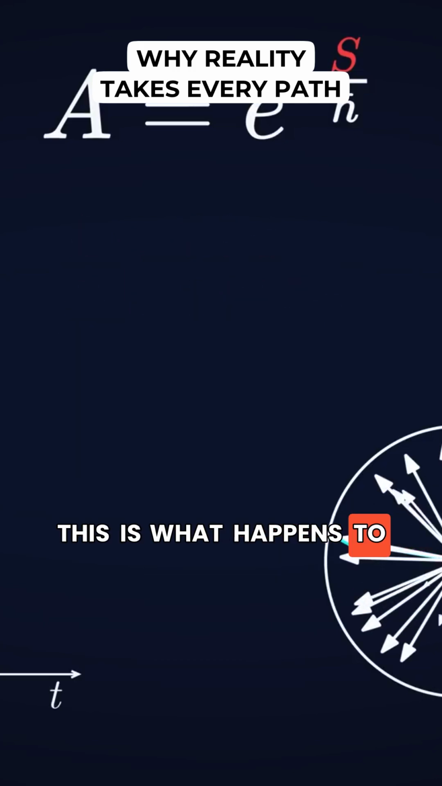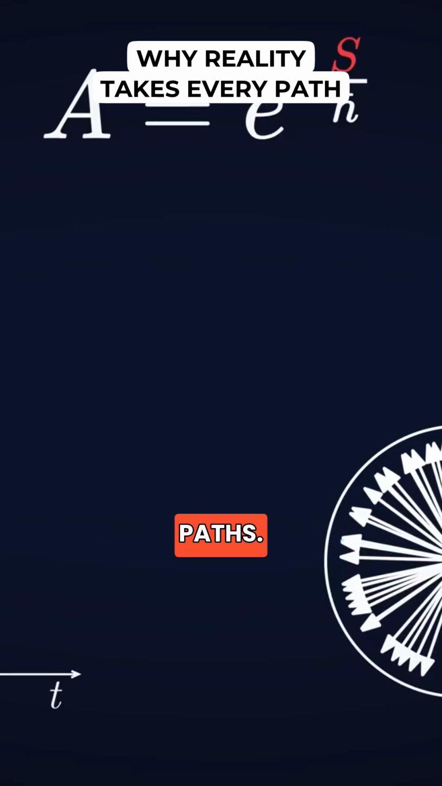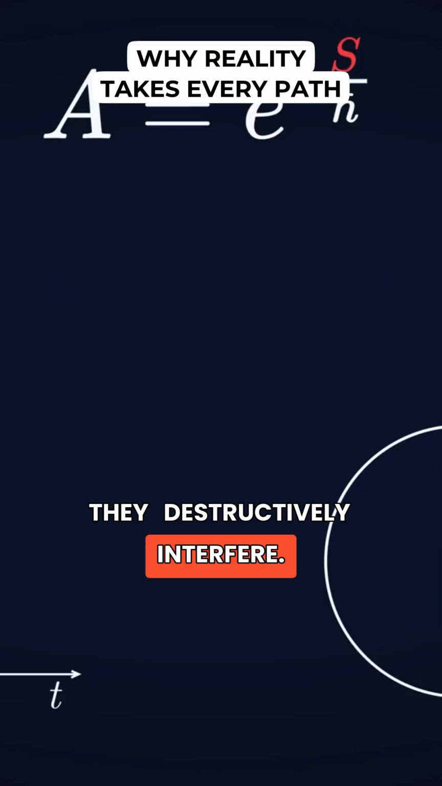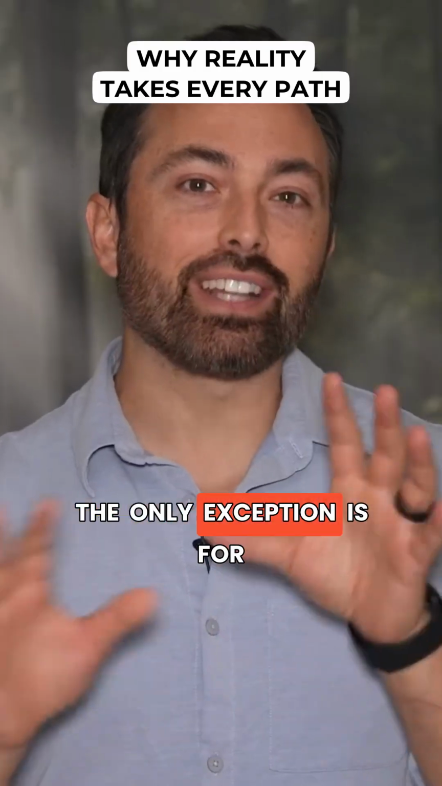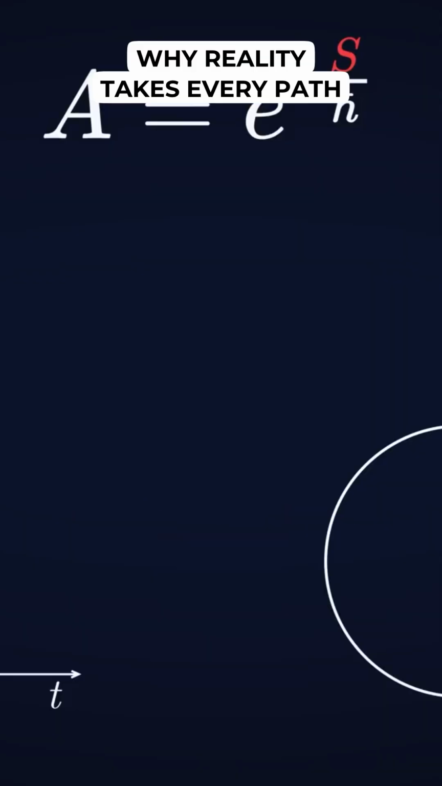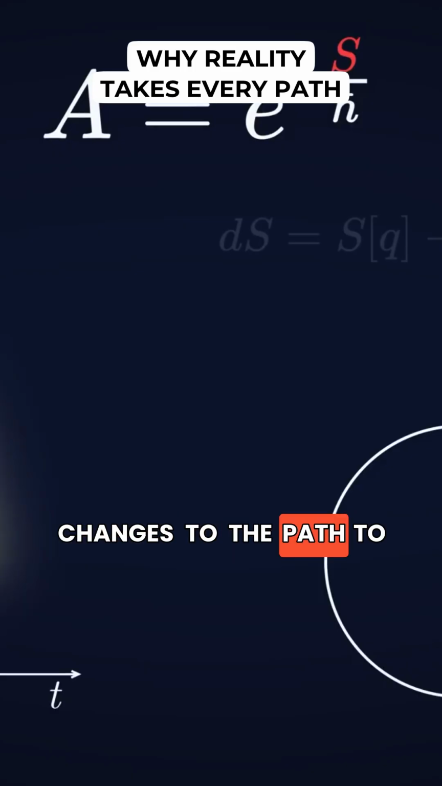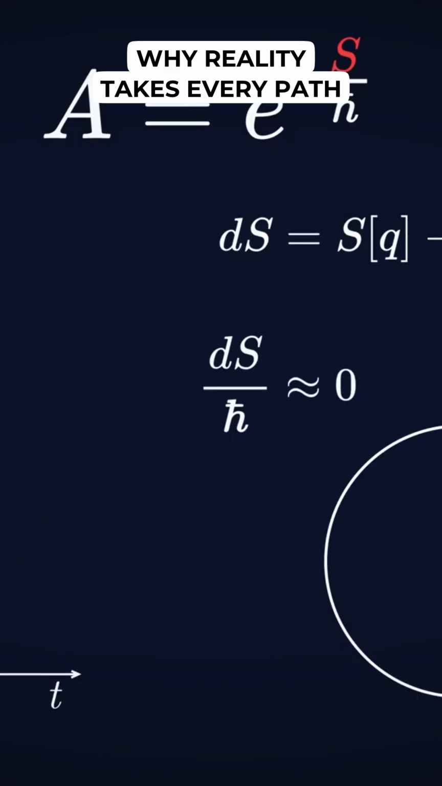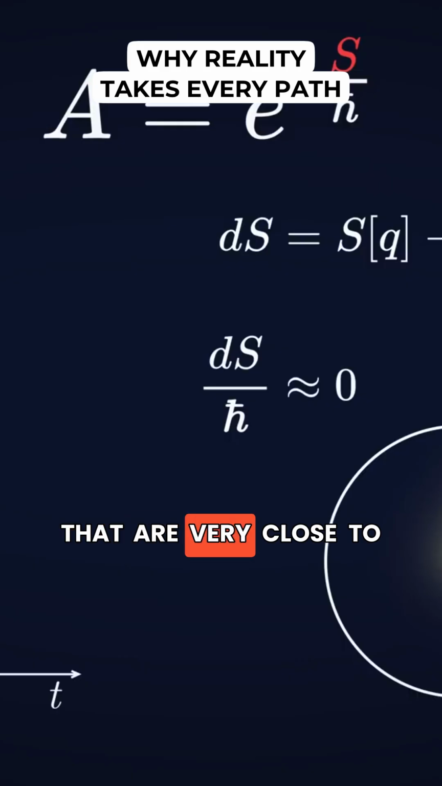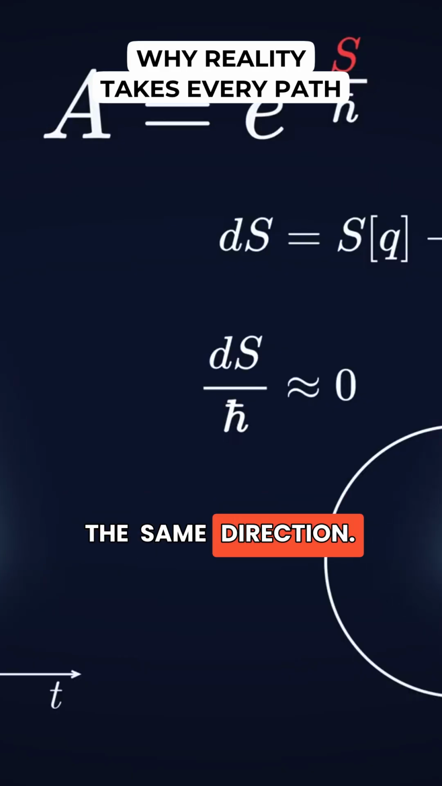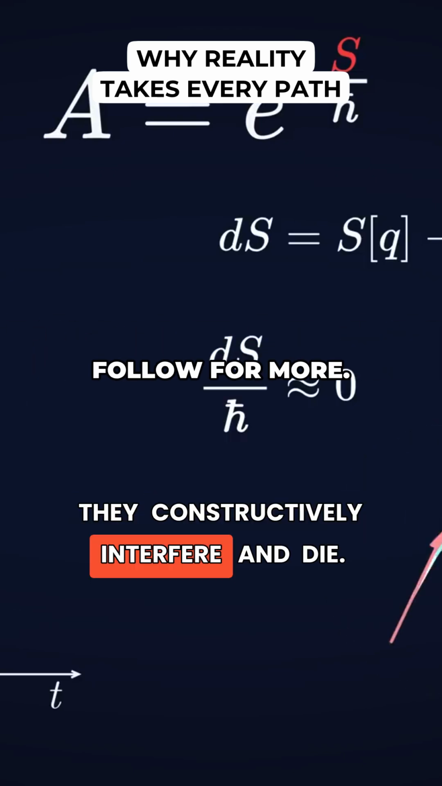This is what happens to almost all of the possible paths, so when you add up the phases, they just cancel out, they destructively interfere. The only exception is for the paths closest to the path of least action, because these paths are at a minimum. So if you make tiny changes to the path to first order, the action doesn't change. And so for other paths that are very close to the path of least action, their arrows point in basically the same direction. They constructively interfere,